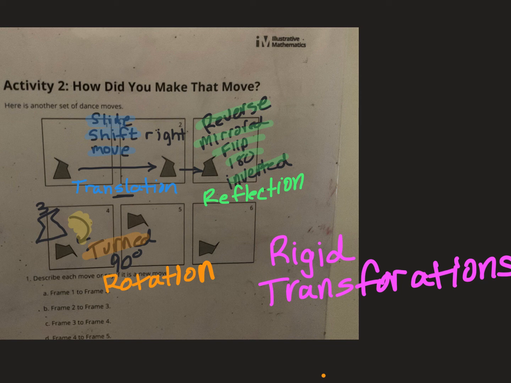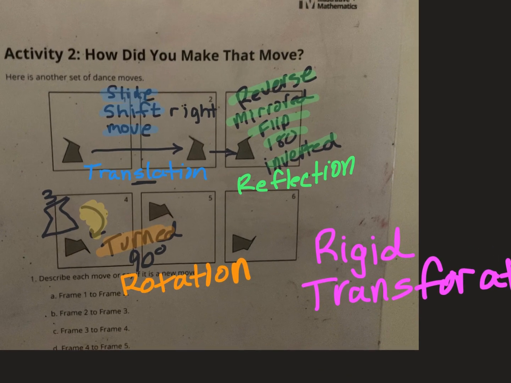We've got the words, we've got the vocab to describe it. Now we just need to use that very specific academic language to describe those movements. So again, why is it called a rigid transformation? Because what stays the same? Surface area. That's true. You're right. So the size and what else? The shape. So that's why they are rigid, because they don't change. Okay, as much as it pains me